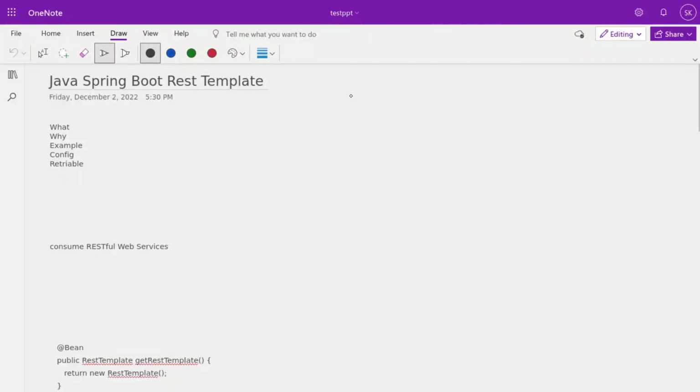Hi, good morning all. Today we talk about the REST template. REST is the representation of state transfer API. API is generally known as an application programming interface. It means that when one system wants to communicate with a different system,